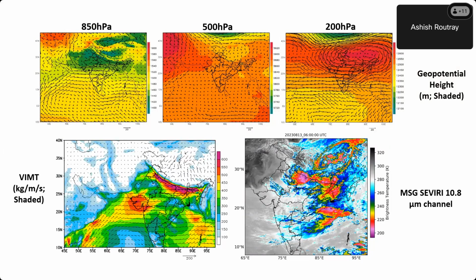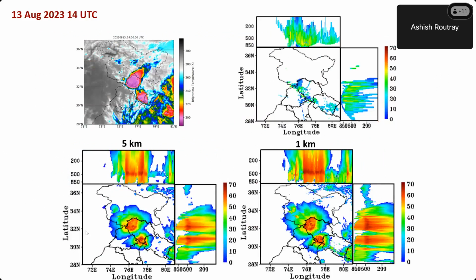So this vertical integrated moisture is showing high moisture accumulated over these hilly regions. It is pumping in from the Arabian Sea and interacting with the dry air from the western part of the country, the Pakistan and Afghanistan region. This is 13 August 2023 at 14 UTC, when the cloudburst occurred, from the HRR system. We already have